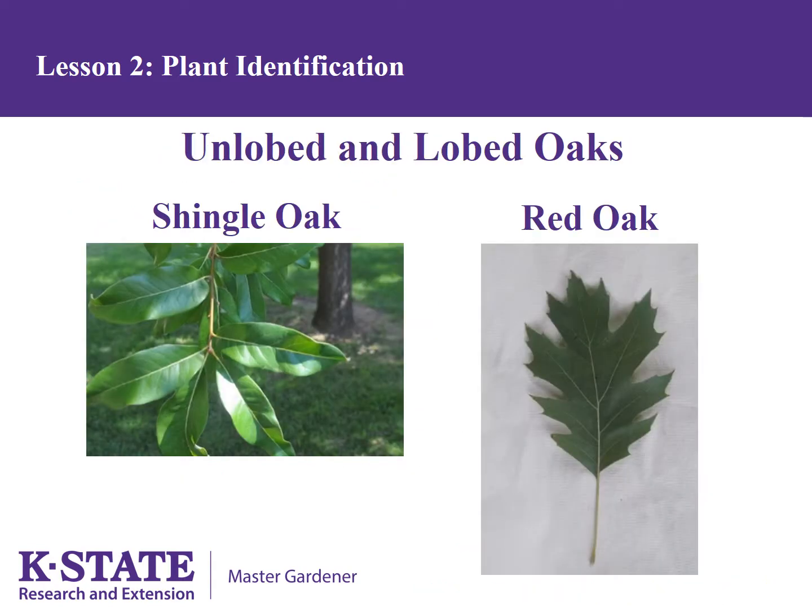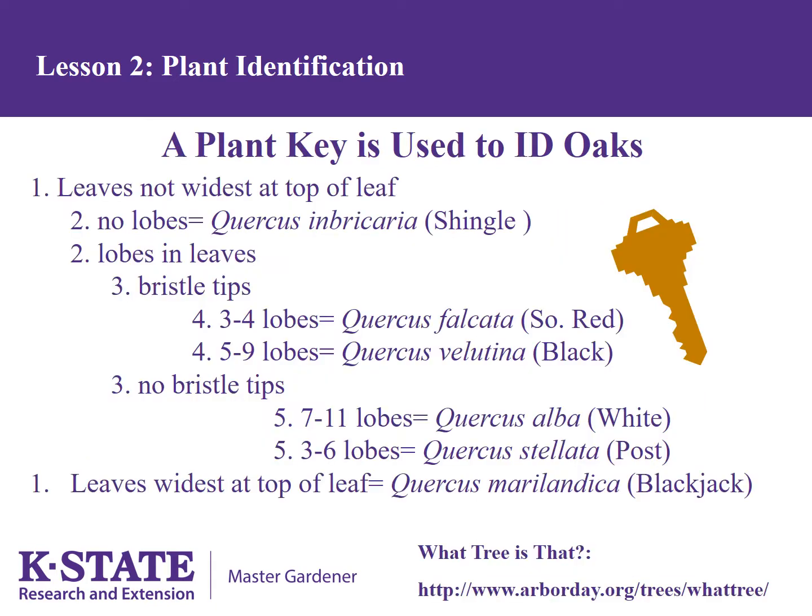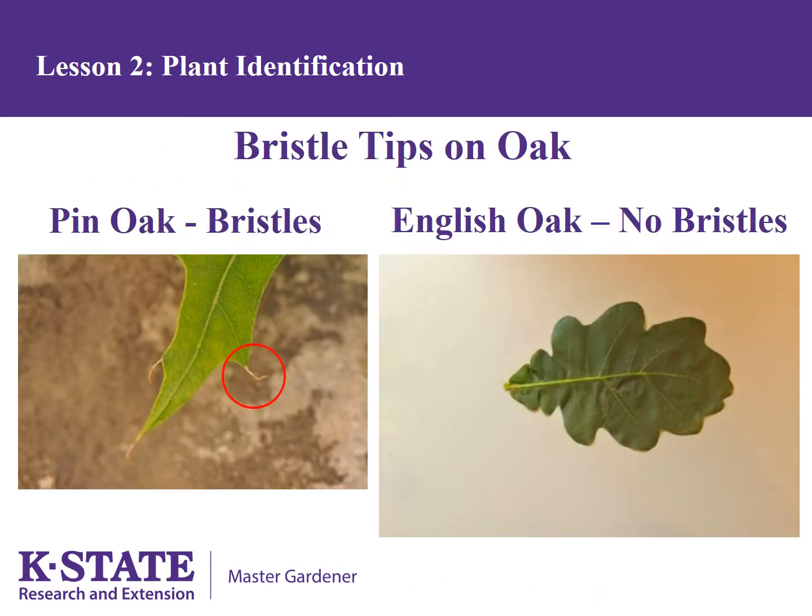You can see an image of shingle oak and red oak in these photos. Many people think that lobes are found on all oaks, but they are not. If there are lobes, you move to number 3. This choice is based on whether the leaf has bristle tips or not. You can see an example of a leaf with bristle tips on the pin oak and one without on the